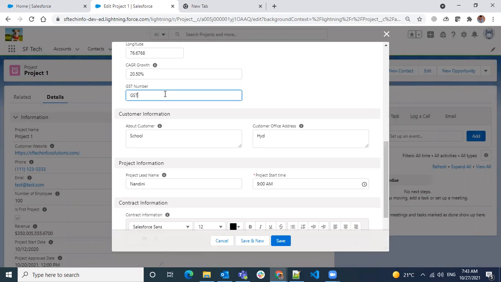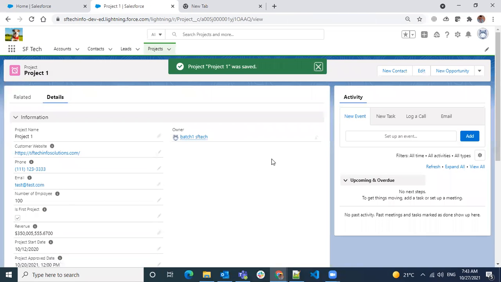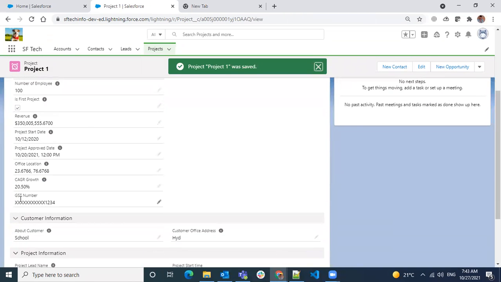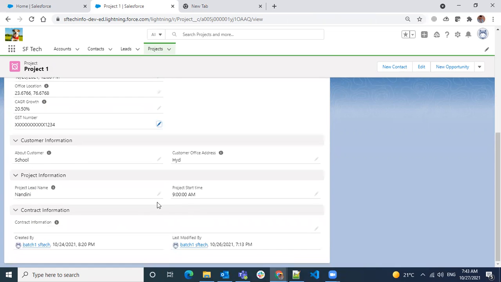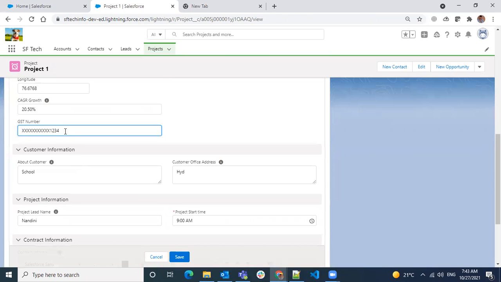Let's say my GST number is something like this. I'm just saving it. If you look here, everything is masked except 1 2 3 4. Even if you edit it, it will still be the same. You cannot see the data.